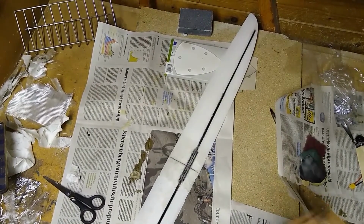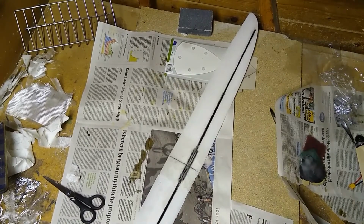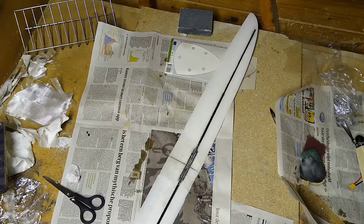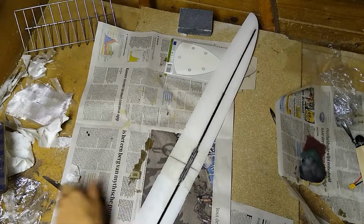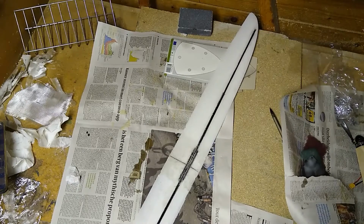Okay, it's the end of the evening, the same day I glassed the middle of the wing with 80 gram glass. I did not enjoy working with the 80 gram stuff at all. It's really loosely woven thick thread glass fiber, and it just doesn't give nice results. It isn't very even. Luckily we'll be glassing over that portion of the wing, so that's no trouble, but I genuinely did not enjoy using it, so I'll use 50 gram wherever I can, because that's a lot nicer to